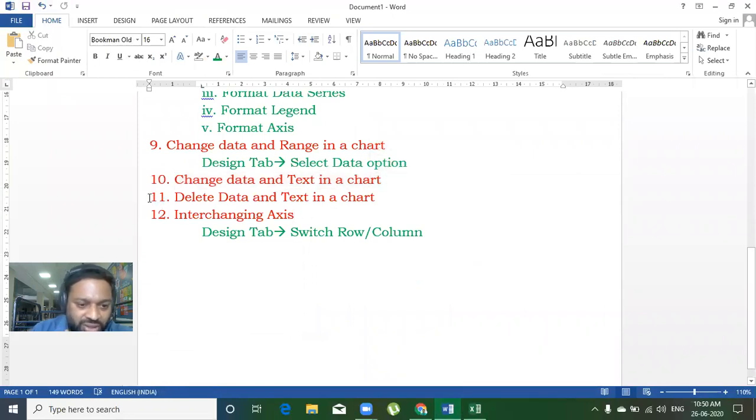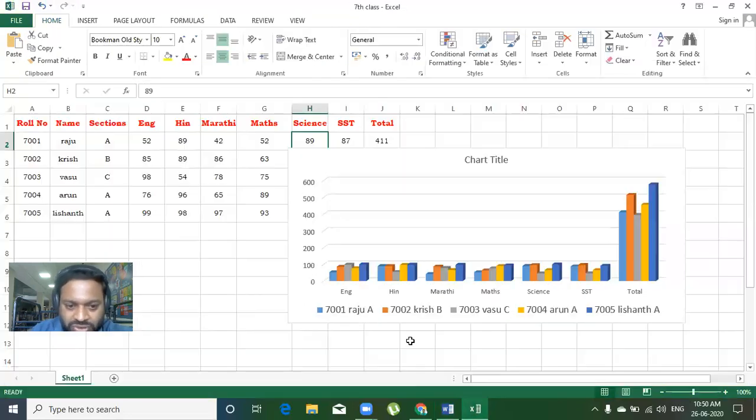Next, delete data and text in a chart. Suppose I delete the marks of Raju, like English, Hindi, Marathi, Math, Science. Or if I delete English, Hindi, you can see English and Hindi data series are not displayed here.